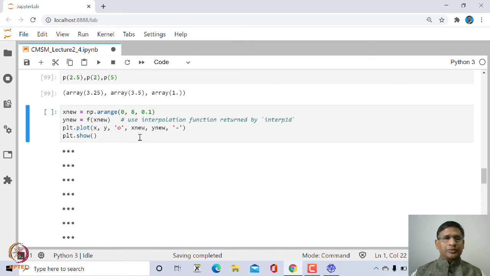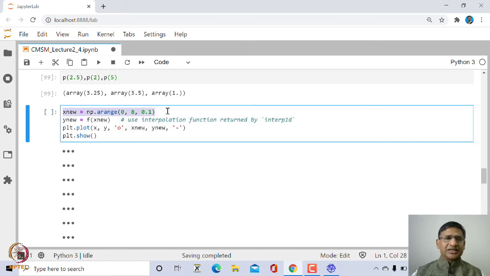And you can also now plot its graph, the fitted interpolating polynomial of dimension 1. So let us give x values between 0 to 8 of a step length 0.1, y value is p at x new, and then let us plot its graph along with points and the line joining these.